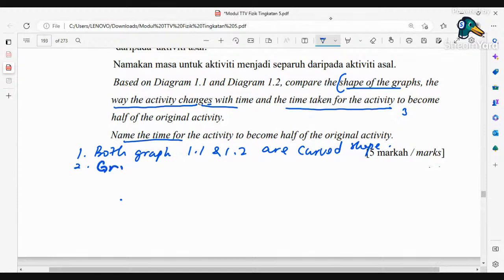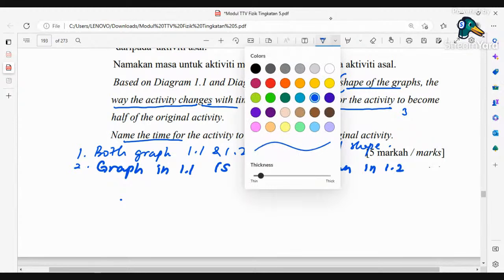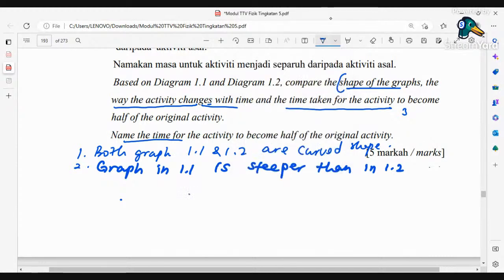Okay, graph in 1.1 is steeper than in 1.2. Lebih kita panggil dia curam. Okay, number 3,